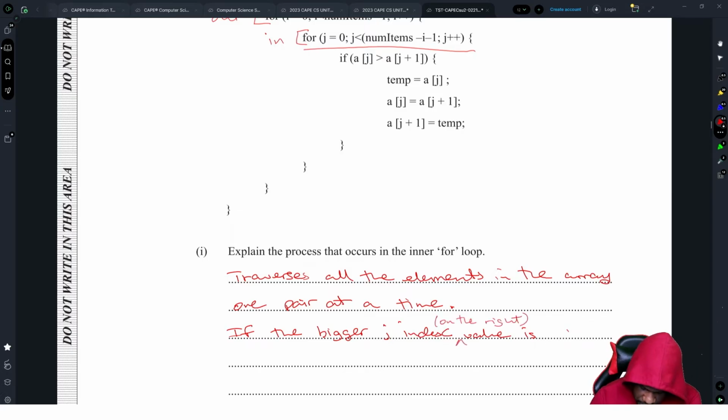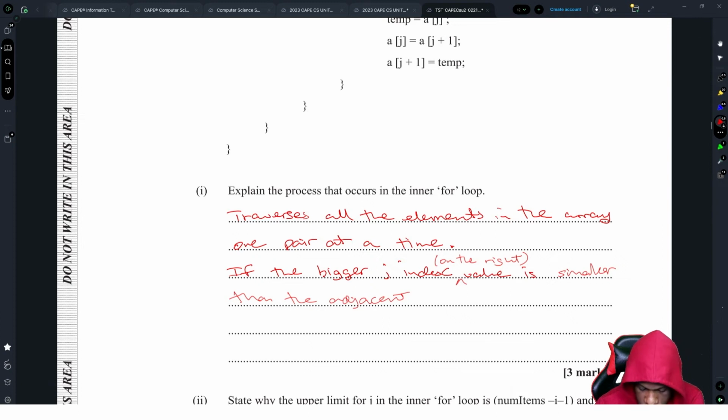That will save you a little bit of explanation. I don't know how technical they want it to be. If you don't want to use the word index, you could just say on the right and on the left. Maybe they might accept it. So if the value at the bigger J index, on the right, is smaller than the adjacent index on the left,